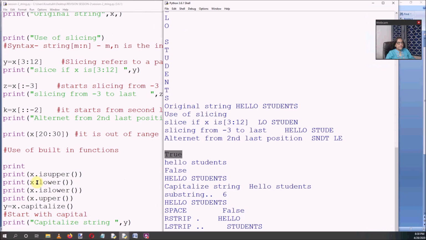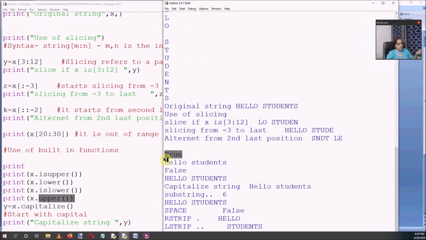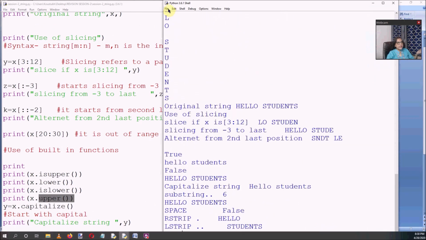Now I want to convert this lowercase into uppercase again. So here the upper function will convert it into uppercase. After that we have used the upper function also, so this upper function is converting the string into uppercase, and this is the result.